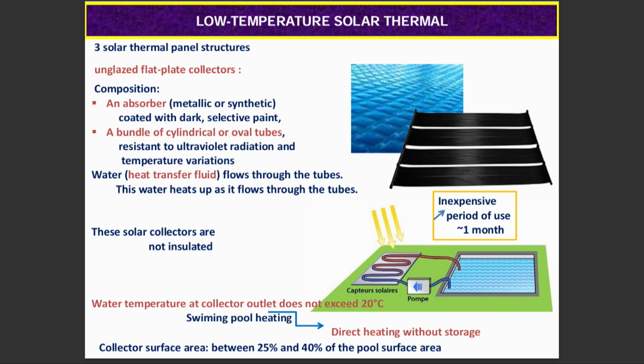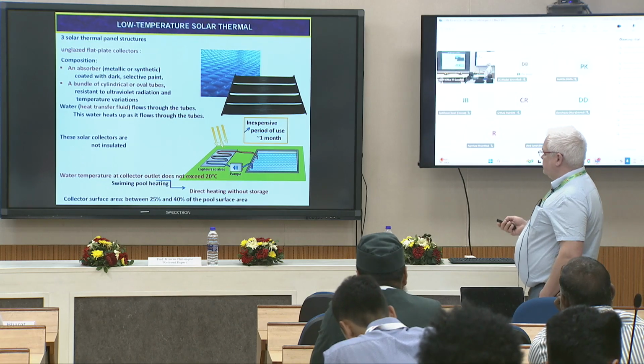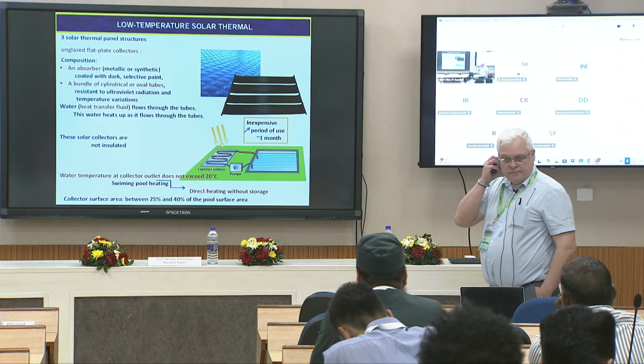The radiation is collected by the absorber, but a part is also emitted in infrared, not stopped by a glass. Okay, so this could be used for drying some fruits,